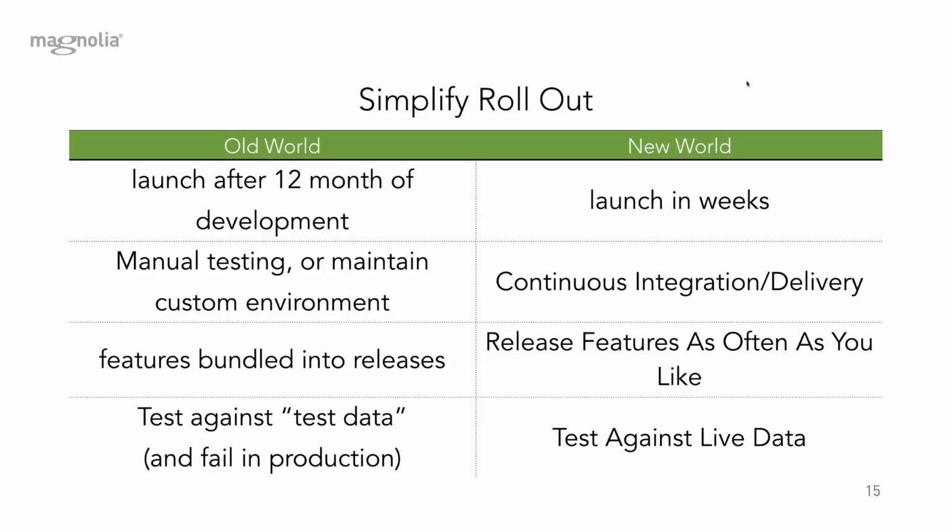Also, it used to be that you had to do a lot of manual testing. Of course, many of you will have automated testing environments like Jenkins or so, but you would also have to maintain those. With Magnolia Now, we're now talking about continuous integration setups, and Nicholas will show you exactly what that looks like in Magnolia, and it's actually amazing.